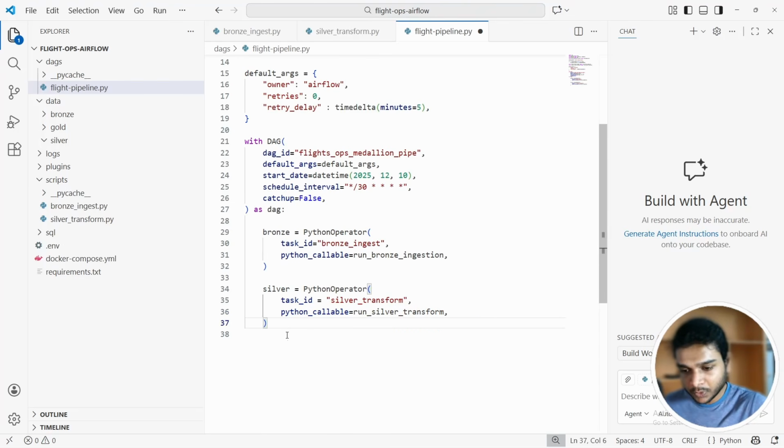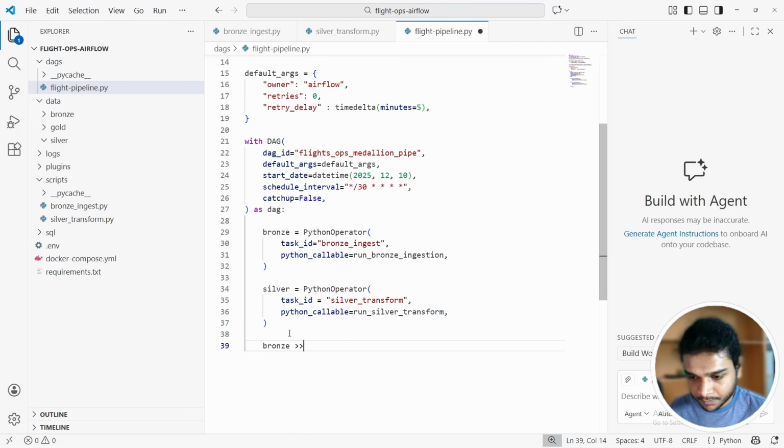Now, because we have two tasks, these two have to be run one after another. Silver and bronze cannot be run in parallel, right? Because bronze pushes the value and silver has to pull the value that is pushed by bronze. So first bronze needs to be executed and then silver. And to avoid collision between these executions, we can define the dependencies between the tasks so that it goes sequentially. And to define the path, we do